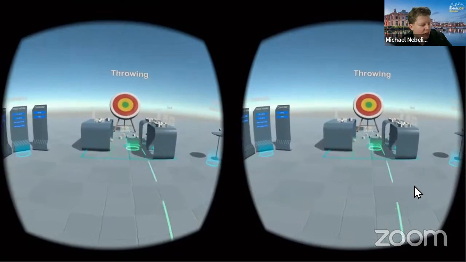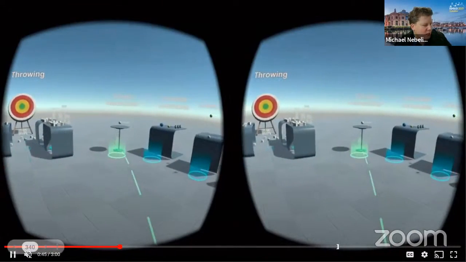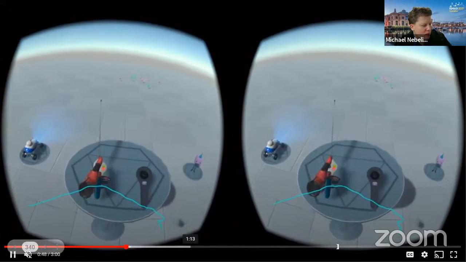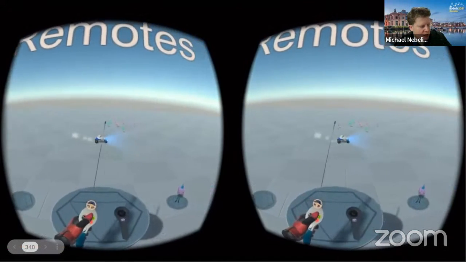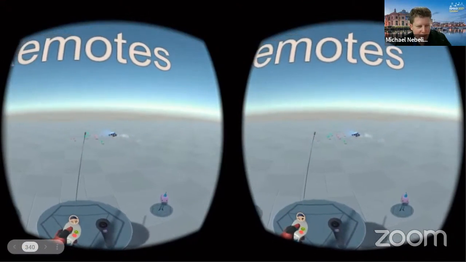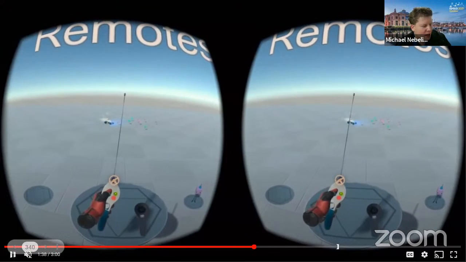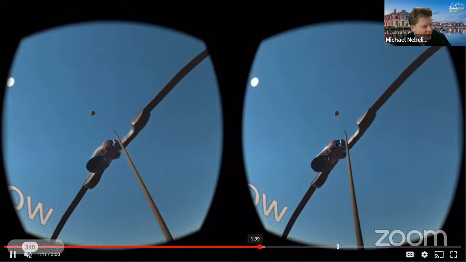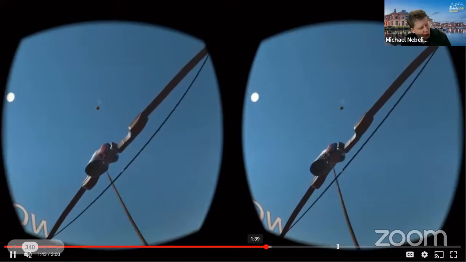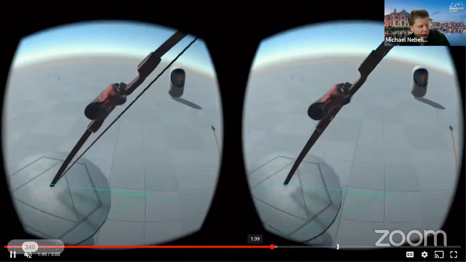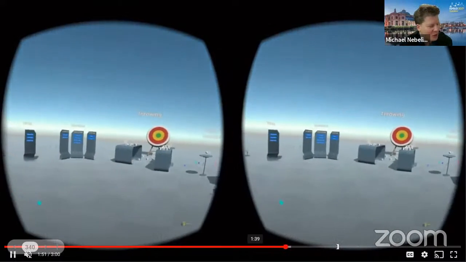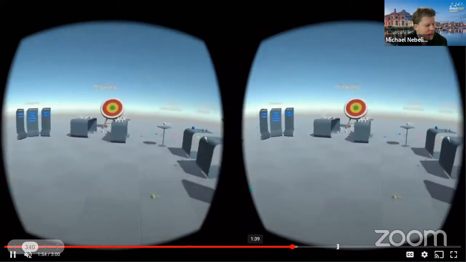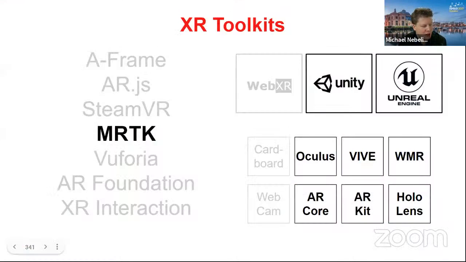And then I think at some stage, maybe the most interesting part is when I actually play with the bow and arrow or the remote car. So you have some remote control over this car here with a little bit of scripting. It's actually cool to play with a remote control car in VR. And then finally, the most fun experience here is bow and arrow and actually hitting a target, which I think I missed all of them. Too bad. I'm pretty sure there was a portion in this video recording where I actually hit some of the targets. So SteamVR comes with a lot of support for some of these interactions that do not necessarily